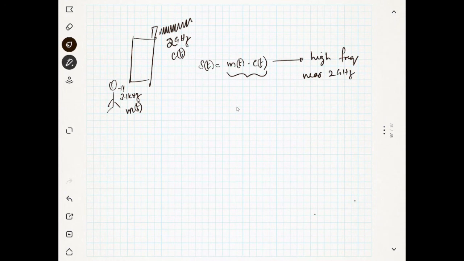Any idea? Is it because the signal will reach faster? No. The speed of the signals is actually the speed of light. Electromagnetic waves all have the speed of light. So if you have 3 kilohertz or